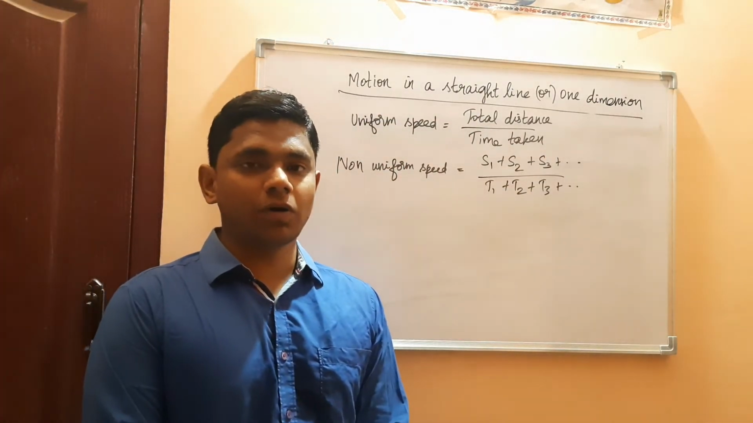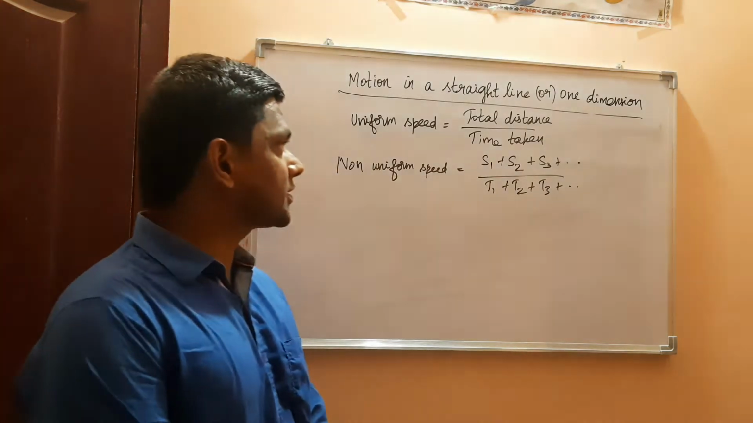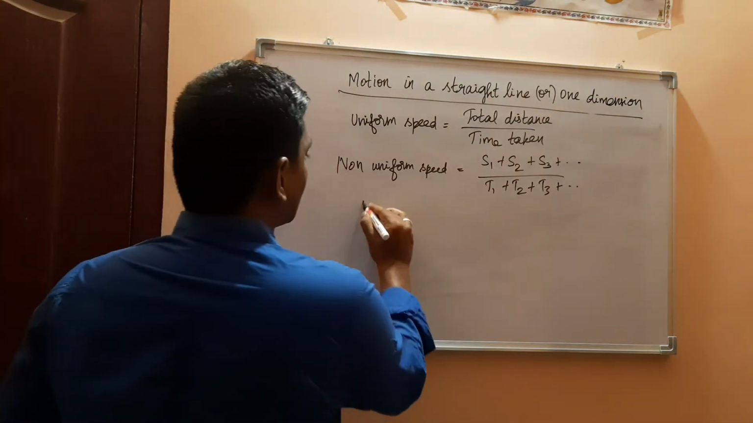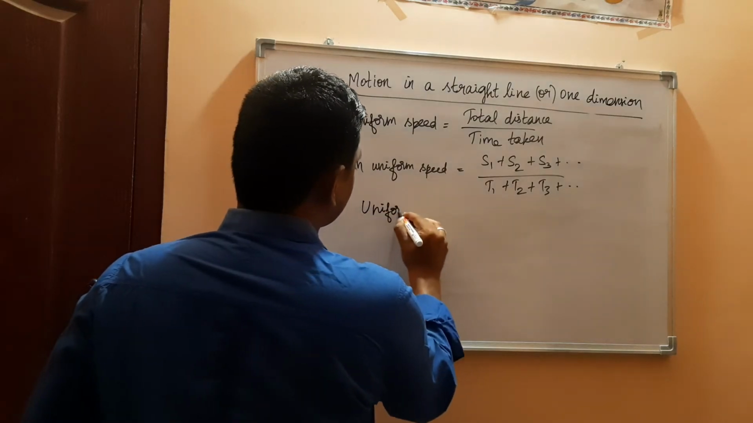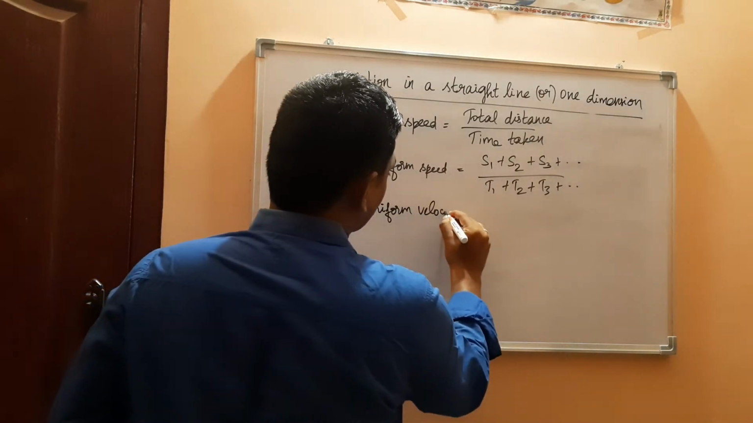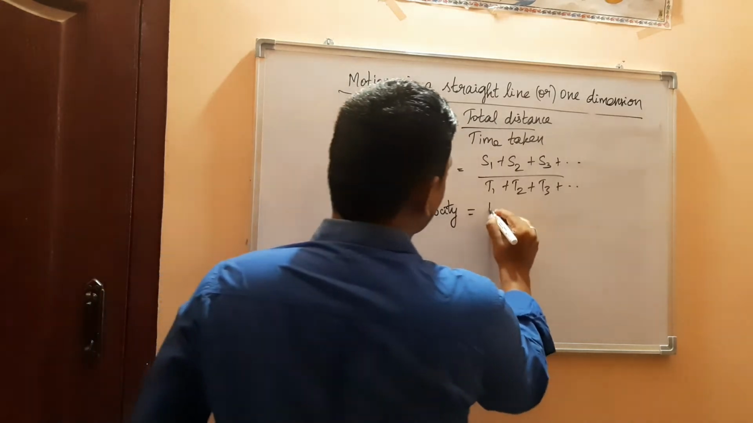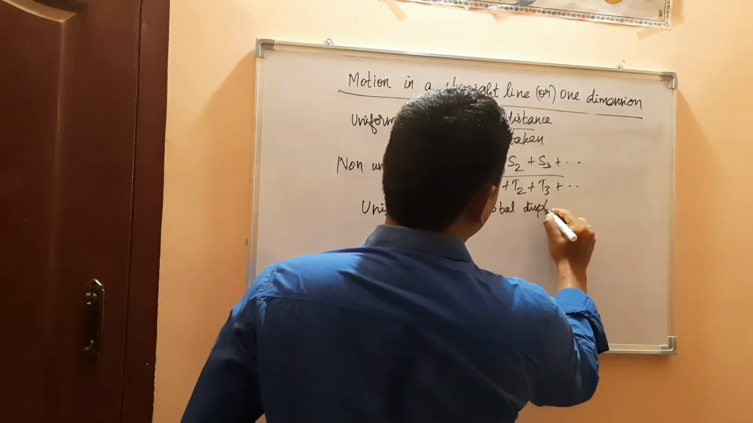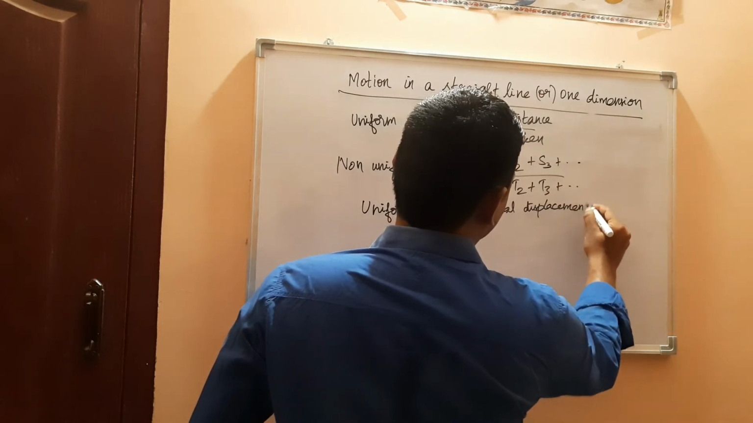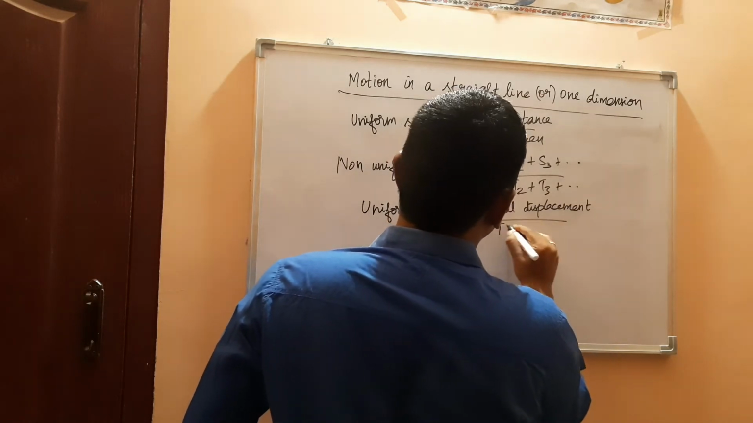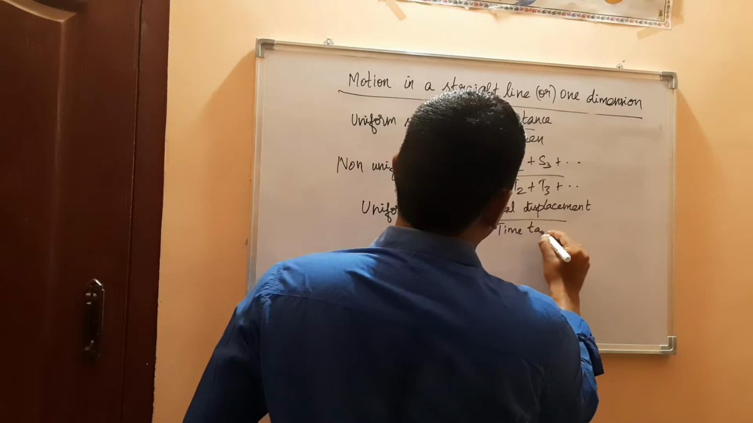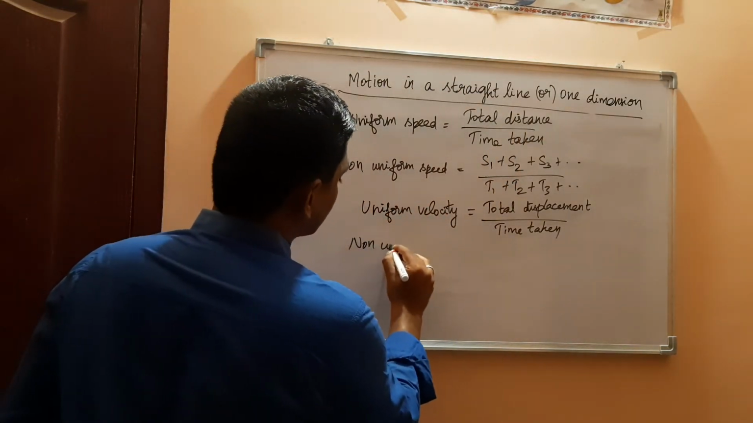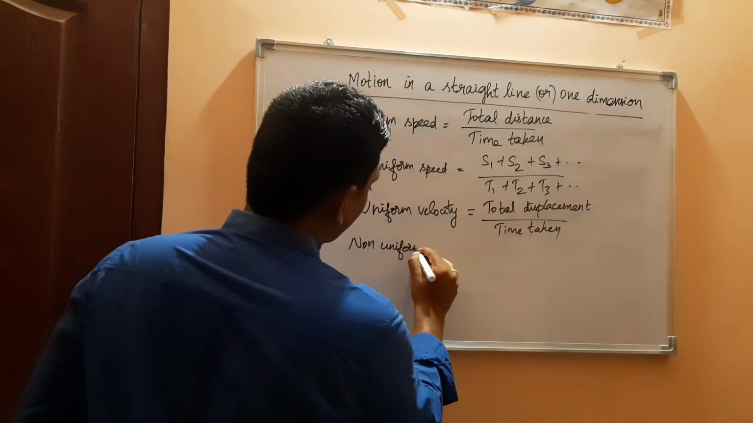If the velocity of the body is uniform, you have to just substitute the formula total displacement by time, that is uniform velocity equal to total displacement by time. On the other hand, if the body moves with non-uniform velocity,